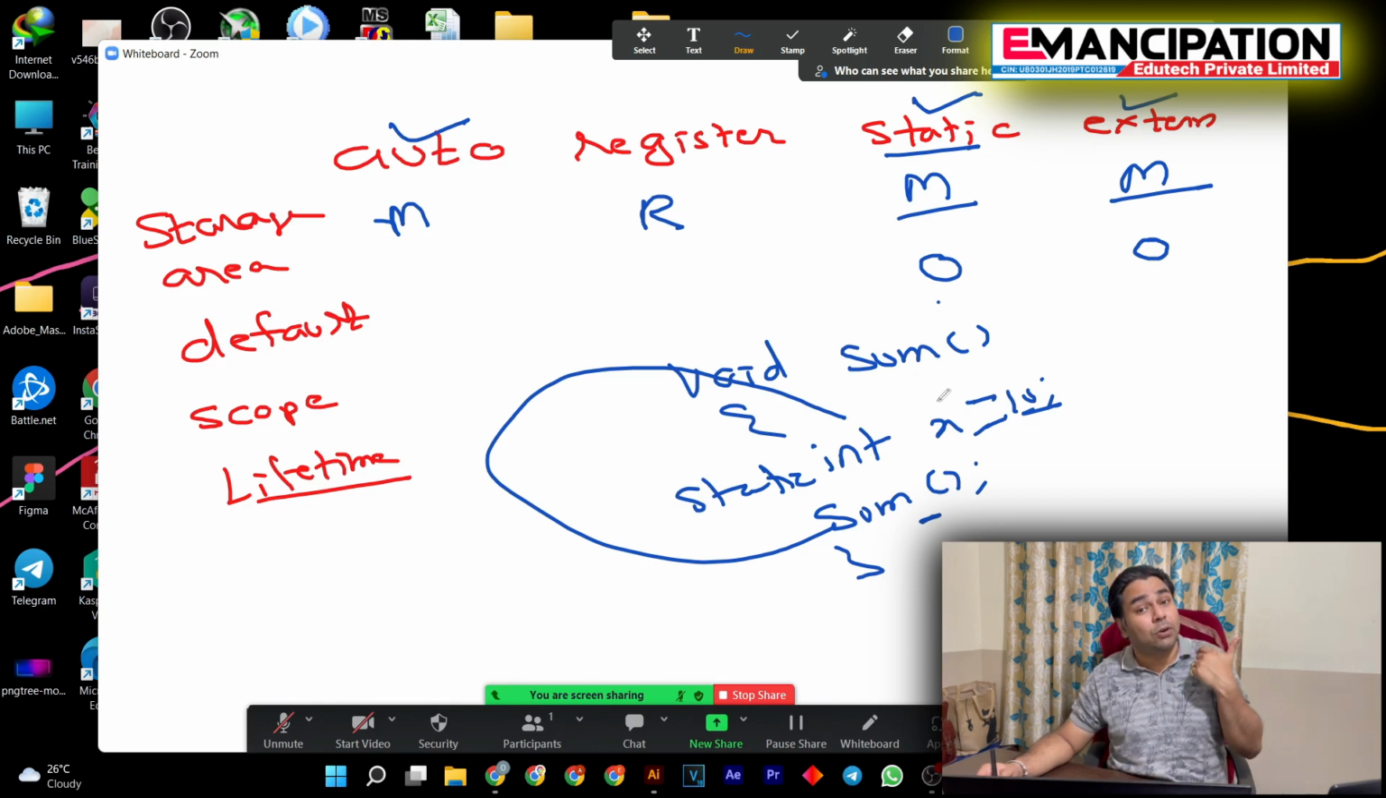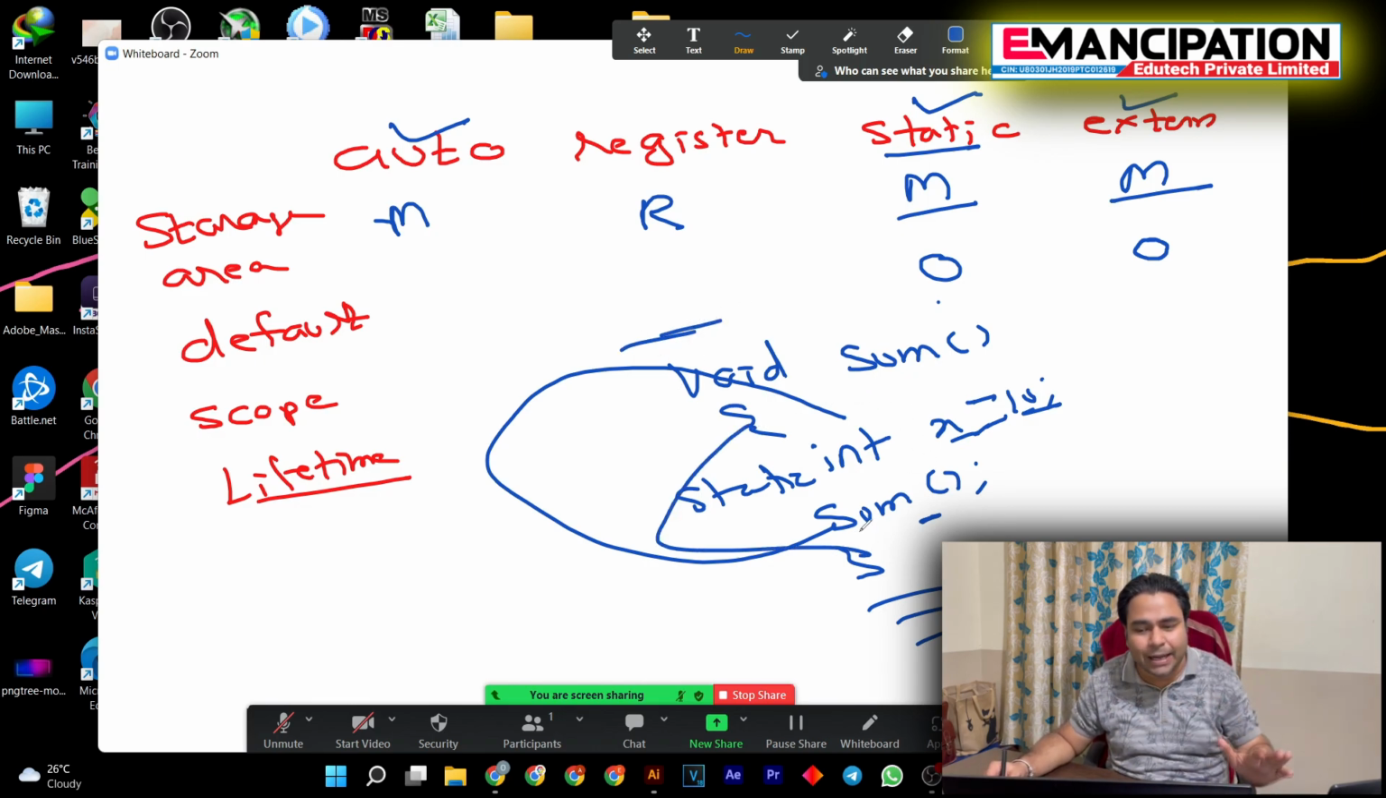But if I say about the scope of a static variable, it is local. That means this x will not be available here, this x will not be available here, this x will not be available anywhere except the block. So the static variable: the storage area is memory, the default value is 0, the scope is local, but the lifetime is global, declare once